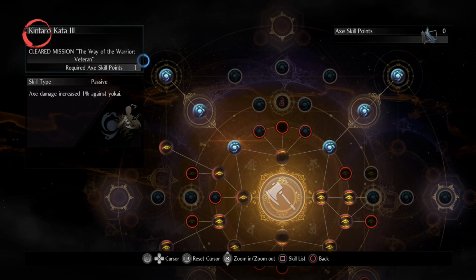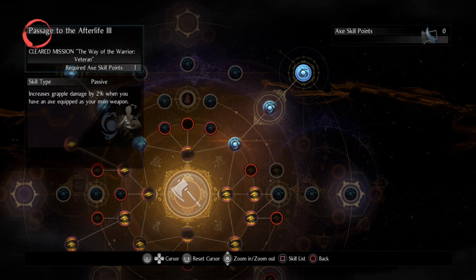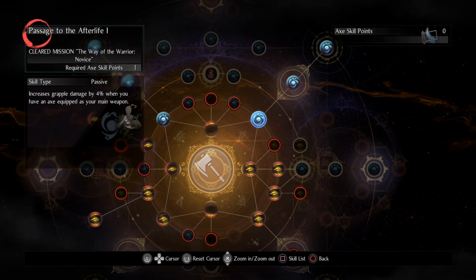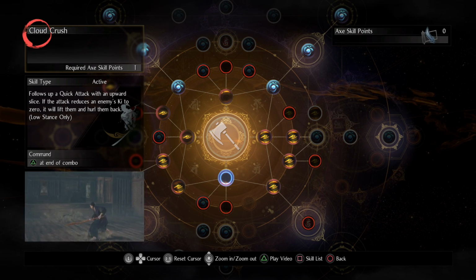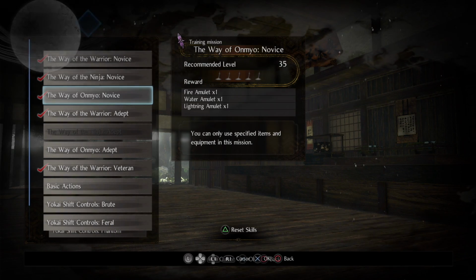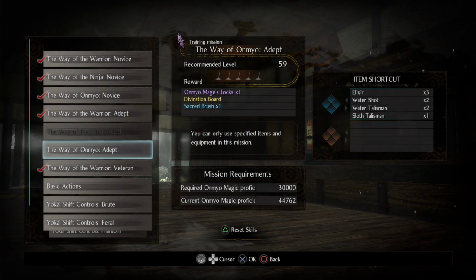This is going to give us an extra 4% flat damage against Yokai. That's a big boost. 4, 3, and 2, that's an extra 9% damage any time we get a grapple off, which is quite a bit. The grapples where we pin them down and shove the axe into their chest. And while most enemies are going to die from that almost instantly, it'll be really nice anytime we bottom out